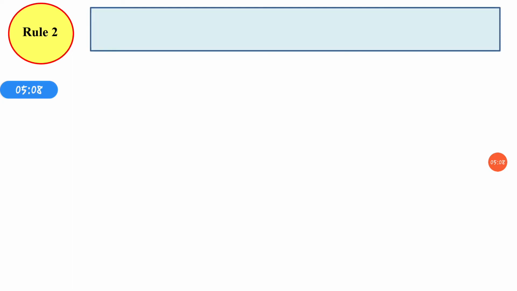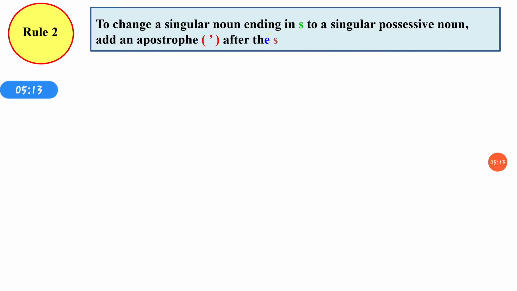Rule number 2. To change a singular noun ending in s to a singular possessive noun, add an apostrophe after the singular noun.